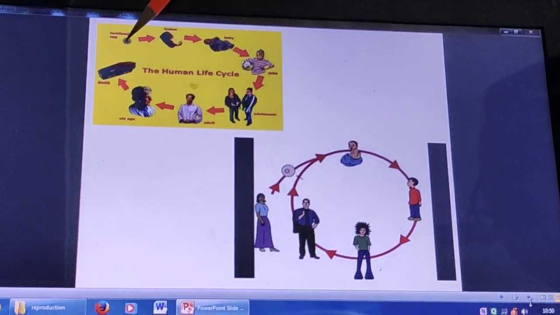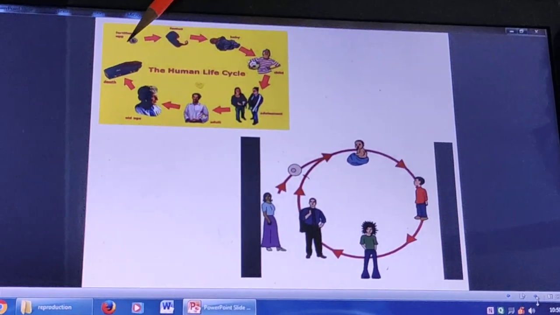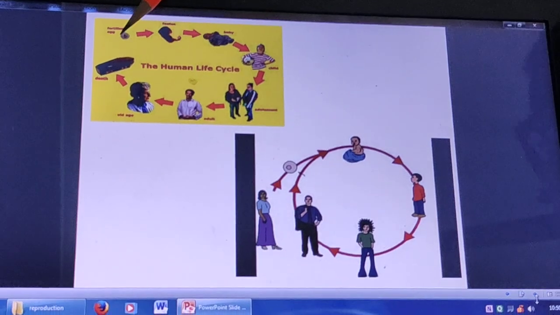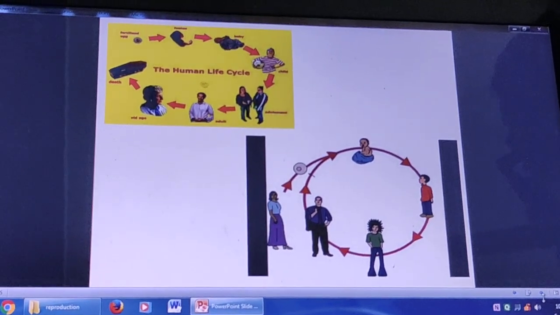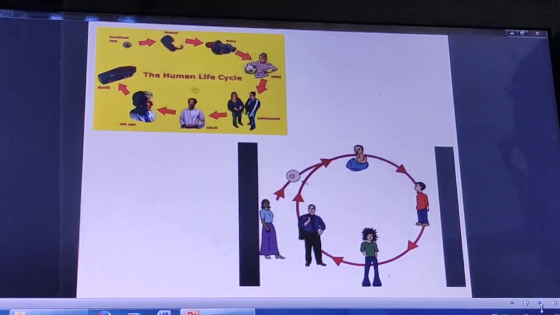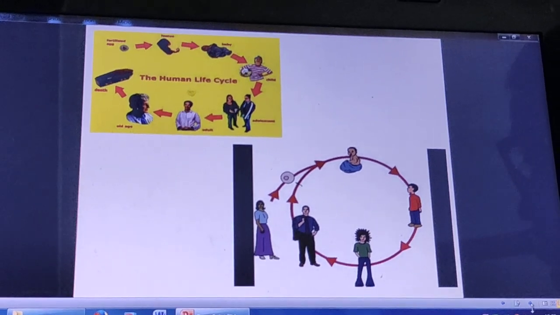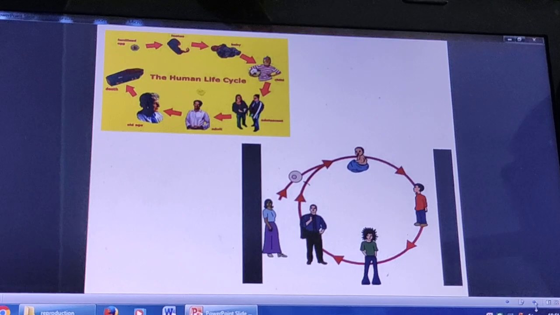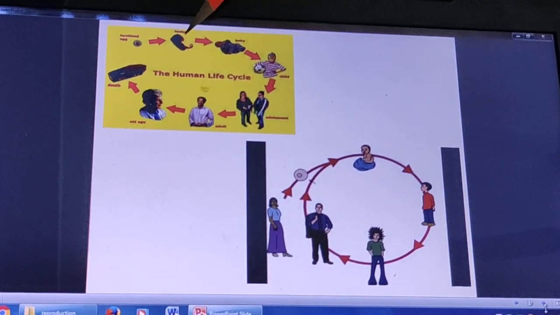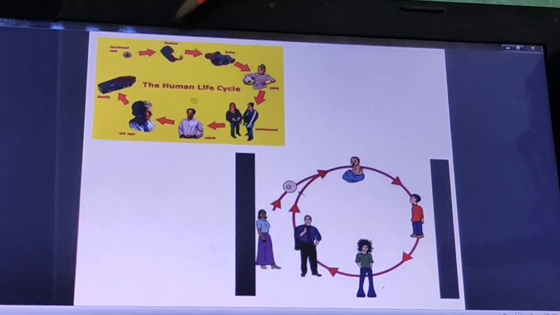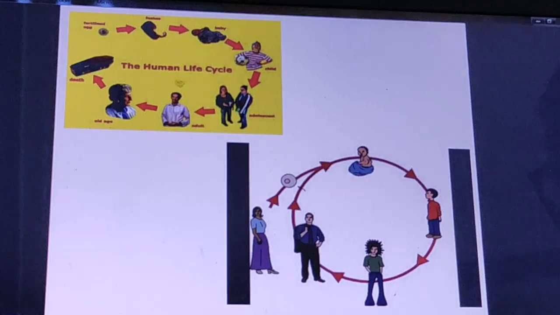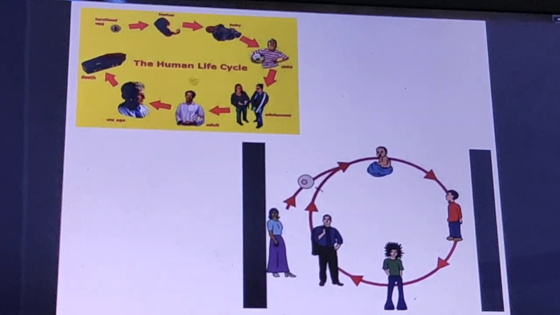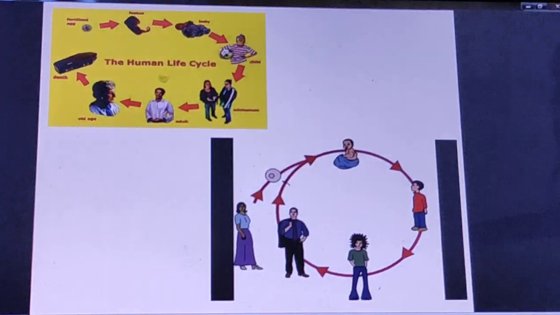And where is this zygote produced? Inside the parent body, inside the mother's body. So that is the part of the mother's body. So which is the vital link between two generations? The zygote is the part of the mother's body. The zygote is also part of the baby. So the zygote is the vital link. The zygote is the structure which is present in both the parent and the offspring.